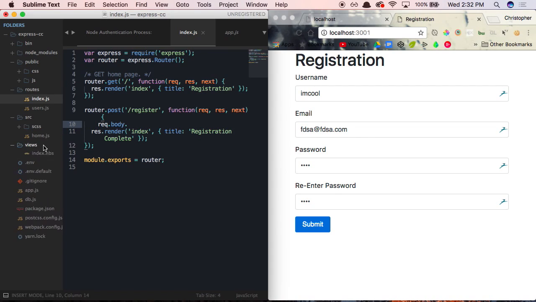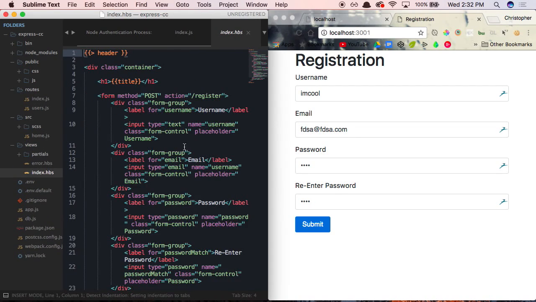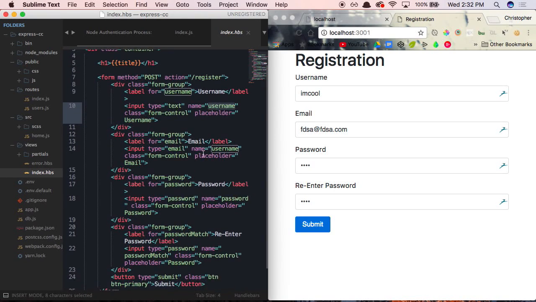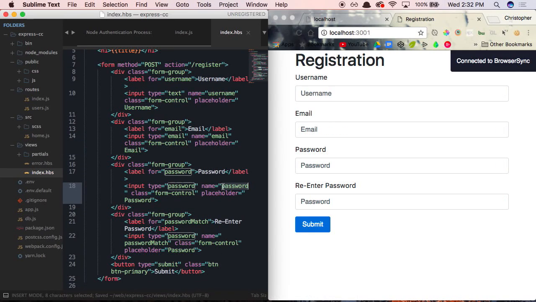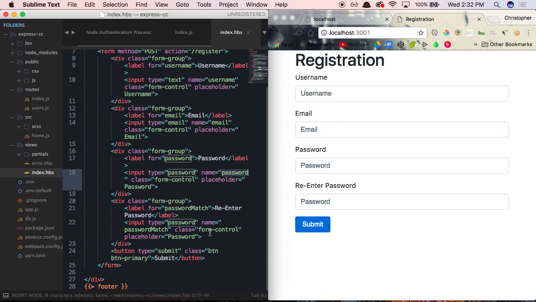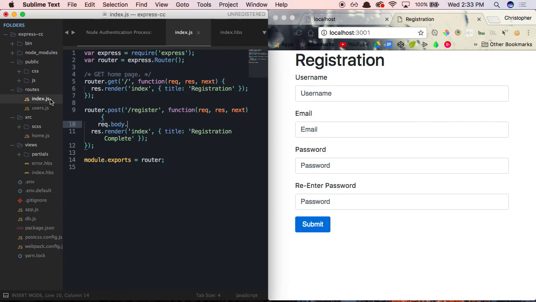So if we look within our views file, index.handlebars, each of these inputs has a name associated with it. The username input has a name of username, and the email input also has a name of username, but we need to switch this to email because that makes more sense. Our password input has a name of password, and then our password match input has a name of password match. So these are going to be the names that we use to actually access each of the individual values over here. So we can access our username by typing